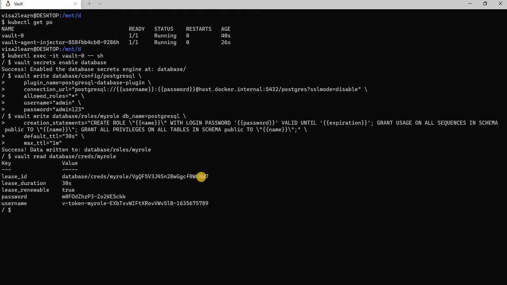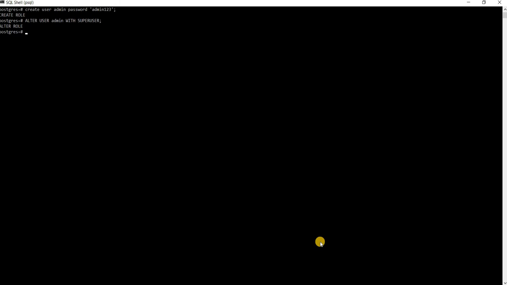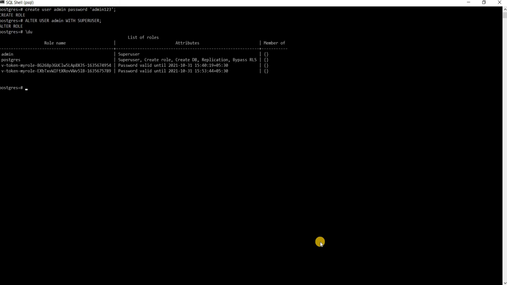What this does is it gives you a new username and password. If you see this username here, it's a big string. This is the username and the password here is this. If we go to the Postgres and type \du to list the users, you will see the created user listed here.